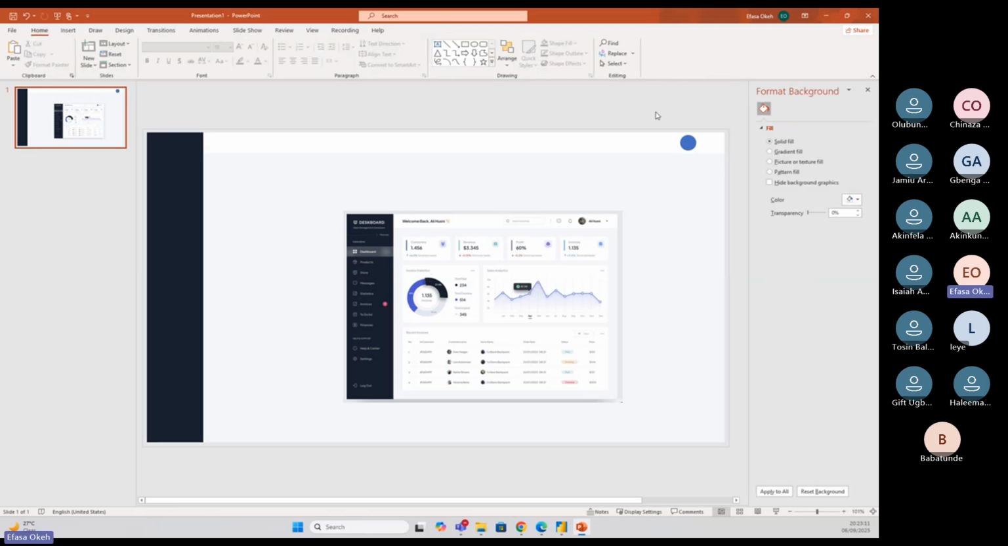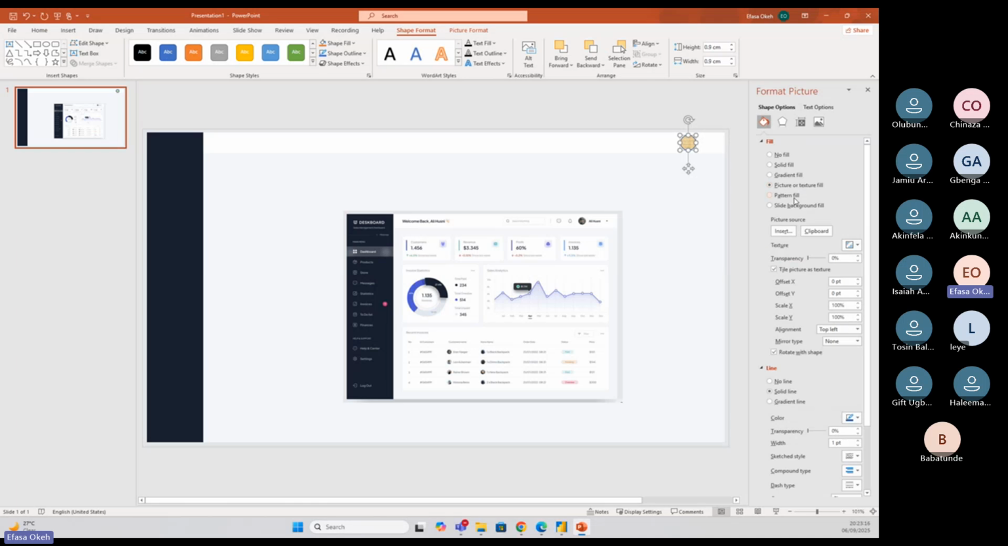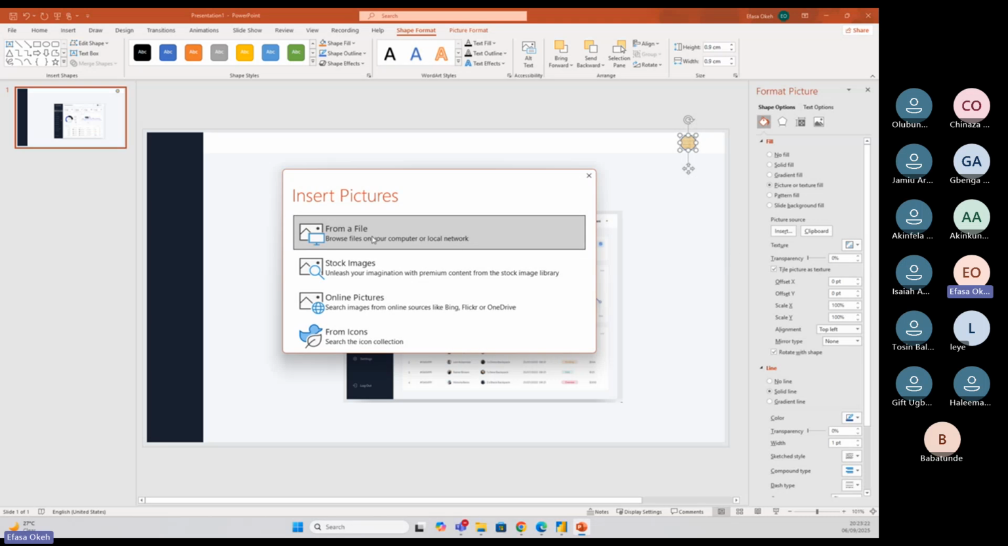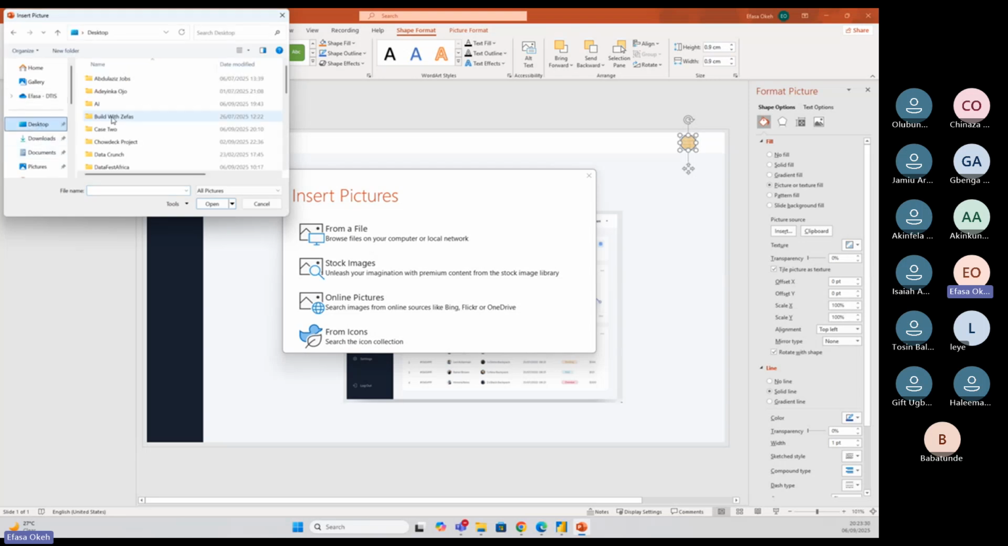Okay. So for this circle, I'll select the circle. I'll just say picture or text field, right? Once I say picture or text field, I'll come to insert. Then I'll browse for where I have my picture. I'll just click from file. I have my picture somewhere in my system. I'll just navigate to where I have it as images,